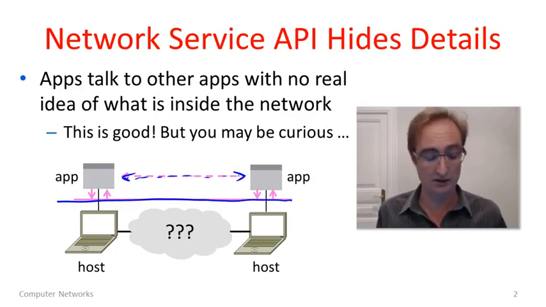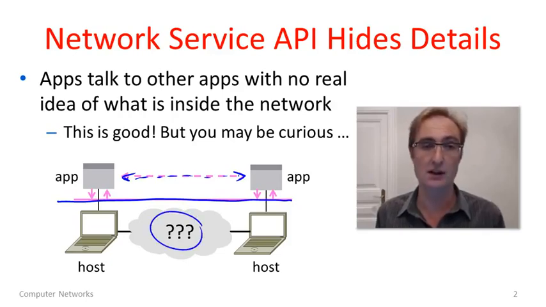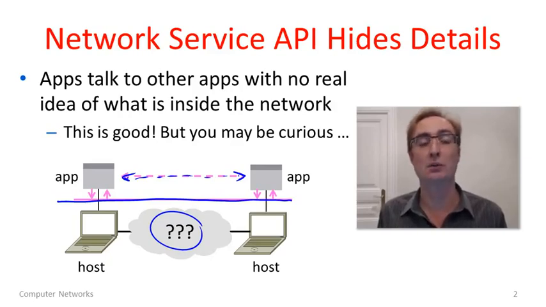Now the Network Service API hides all of the details of what's inside the network. So we can't really see by using it what's inside the network, how many routers we go through, what ISPs, whether it's a short path, a long path, all of this sort of stuff. Now this is actually good because we don't want you, when you're writing an application, to have to know all of those details or write programs that depend on any of those details. The higher level of abstraction is useful for us, but you might be curious to know what's actually going on